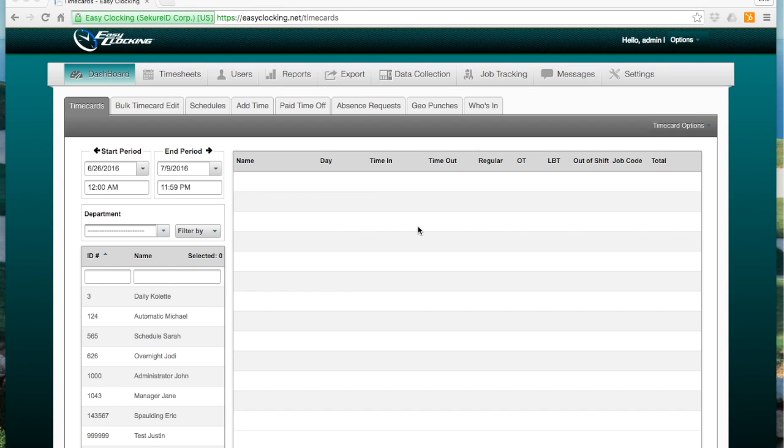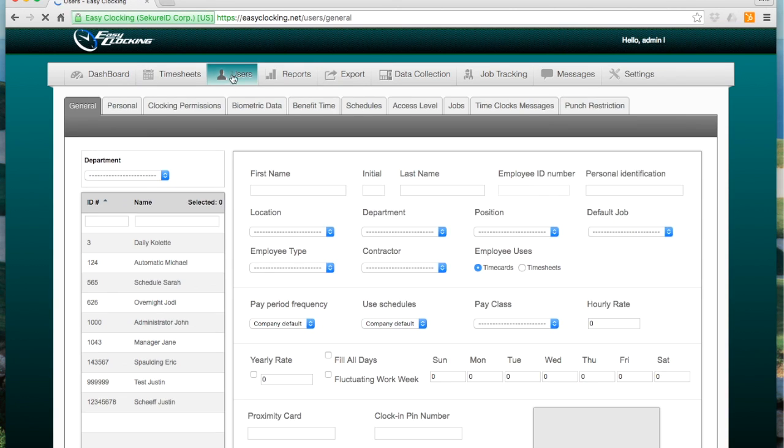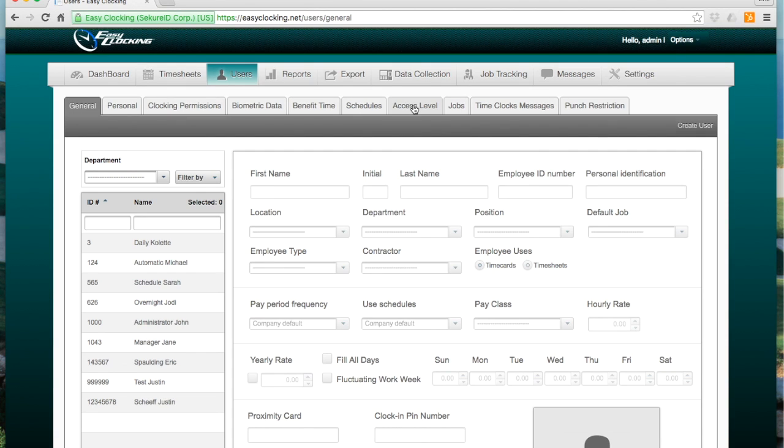Let's go and take a look at how we're going to set up a user's access to the employee portal. When you log into the Easy Clocking dashboard, this will be your landing page. We want to go in the main menu over to Users, and then into the submenu, we're going to continue on and go on to Access Level. The Access Level menu is about the middle of the submenu page,